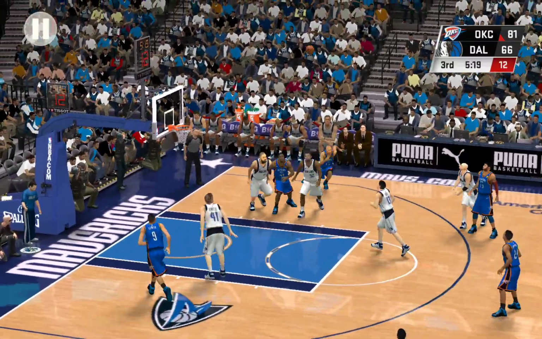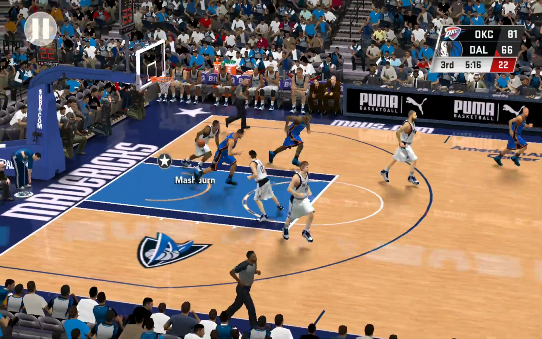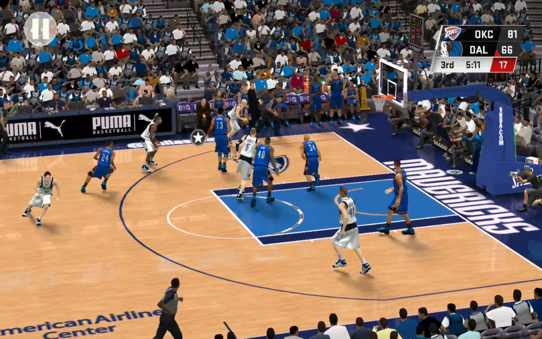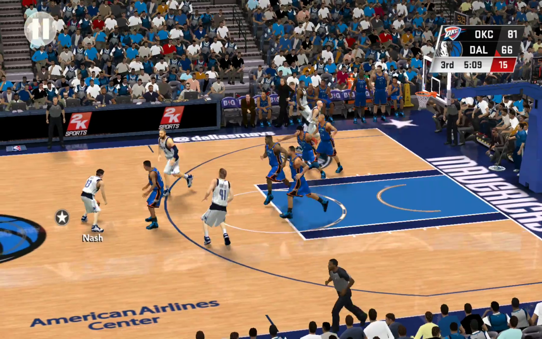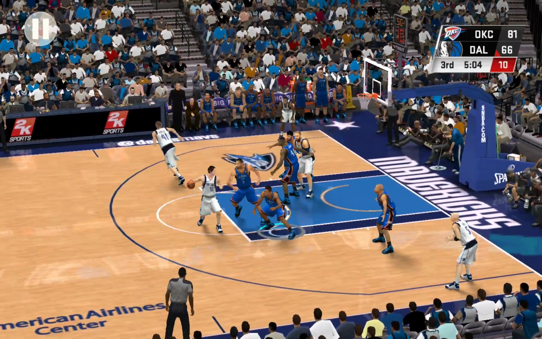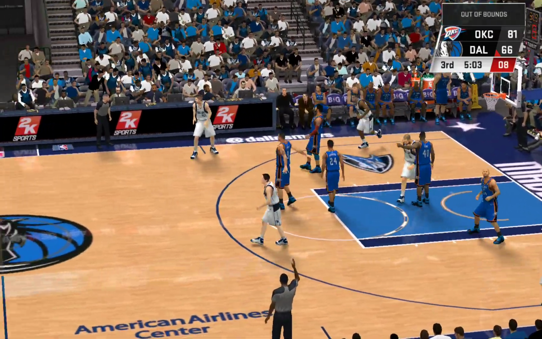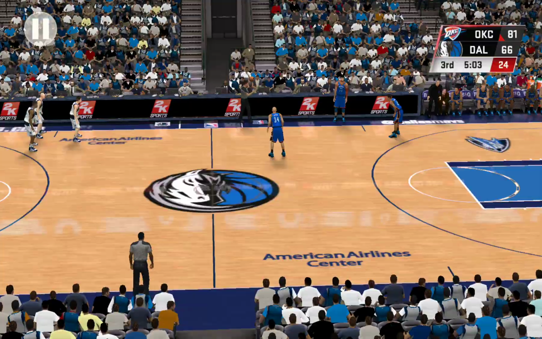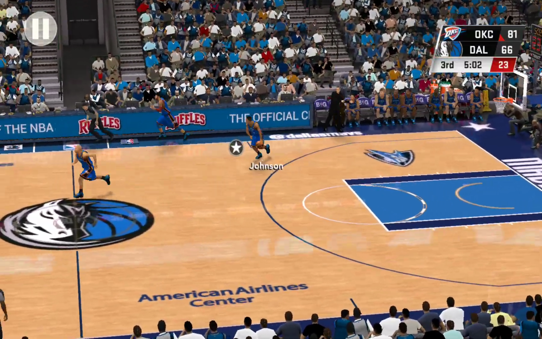Outside, George. No good on the triple. Pass to Kidd. Now here's Nash. They set the pick. Here's Nash. Nowitzki outside. And out of bounds as the Thunder gain possession. That is not a difficult pass. You'd think they could keep it in bounds.